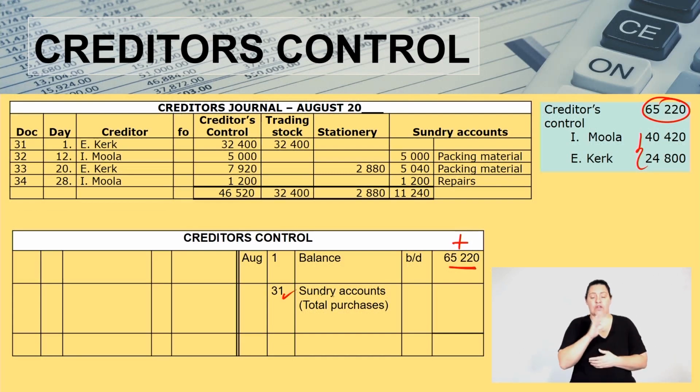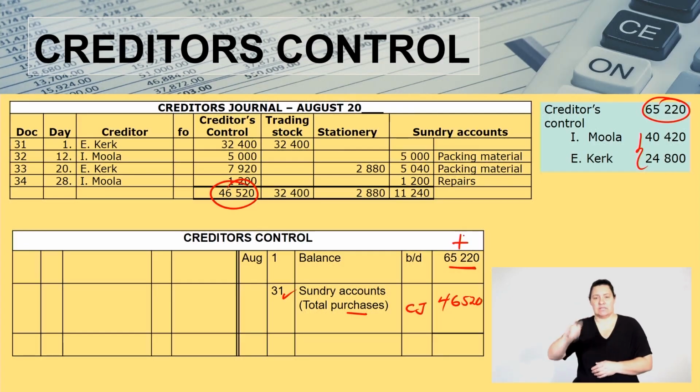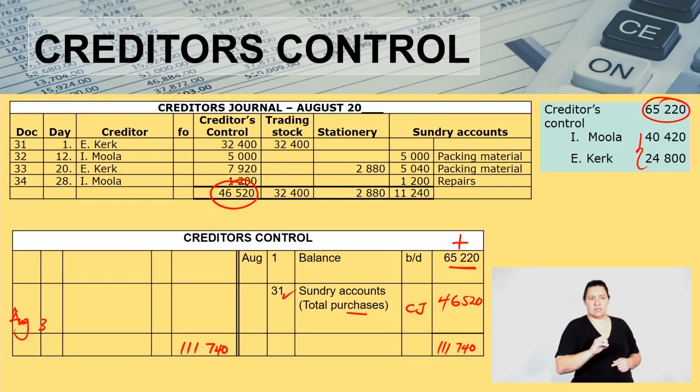So on the 31st, sundry accounts, total purchases from the CJ. How much is that? 46,520. And then, do I have anything else in here? No. So I'm going to close off the ledger account, the side with the highest amount. Here, I will have 111,740. That means here I'm going to have 111,740. That means here I'm going to say August 31st, I'm going to have balance carried down,